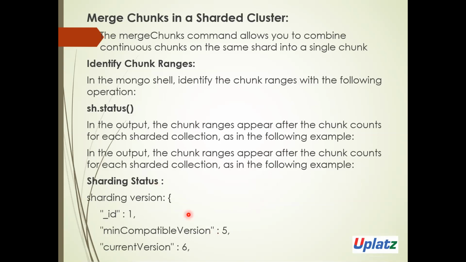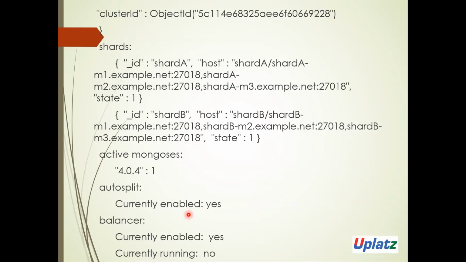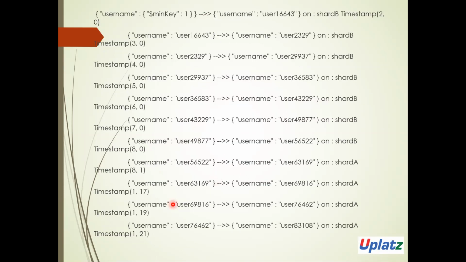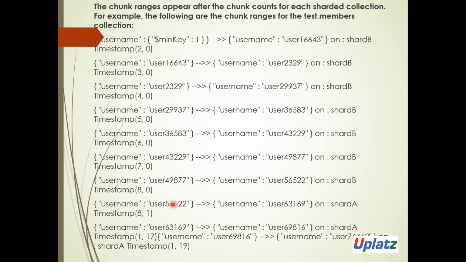sharded version. It will give the compatible version, current version, and how many shards there are. So these are my shards. This is 1, this is 2. In that, my active mongos version is this. So my balancer, how it is getting success. This is my database. Shard key is my key values inside that. So finally, this is my record inside that. So after that, this appears in the form of the chunks. So this is how the chunks will appear when we shard our collection in our database.